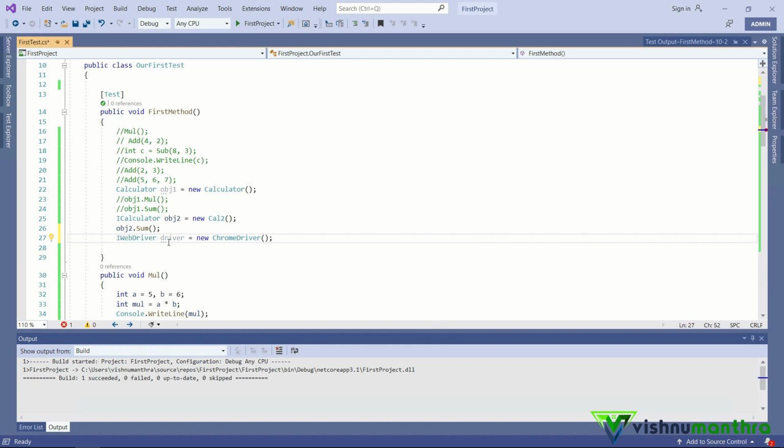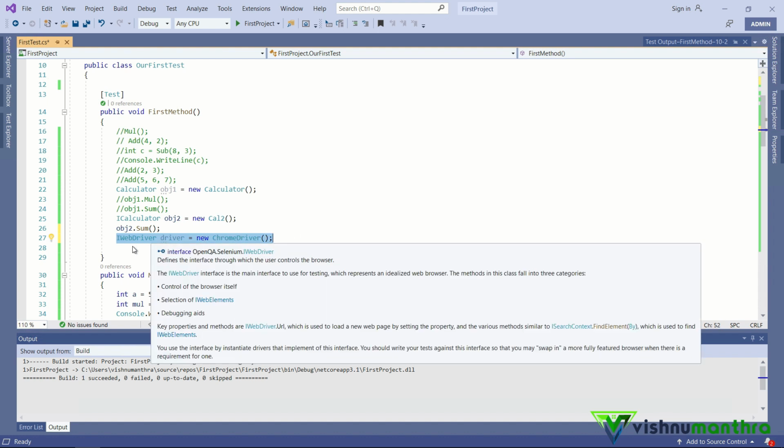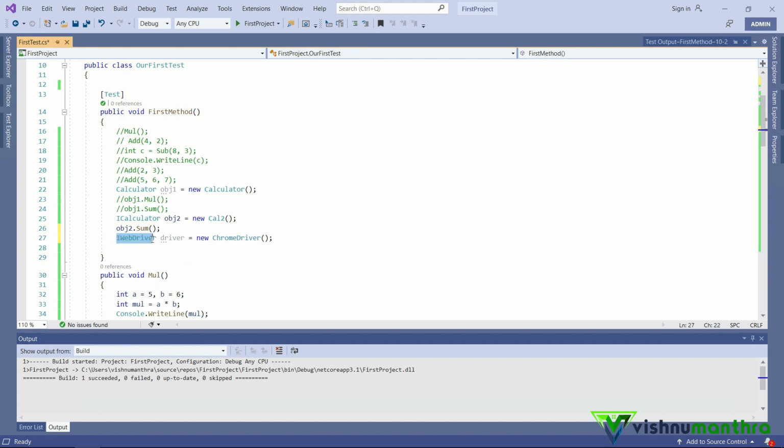Okay, we saw the same, right? See, in this statement, when we used it inside our first Selenium test, we did the same. We have an interface called iWebDriver and an implementation from Chrome driver for this particular driver instance, and we were using this instance throughout our code.